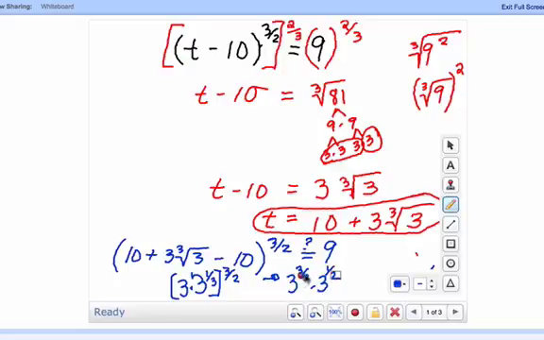Now, these have the same bases, 3, so I can add these exponents here. 3/2 and 1/2 is 4/2. And so this becomes 3 to the 4/2, which is 3 squared, which is 9. And so there's my check. You can always check to make sure your answer is correct. Okay,